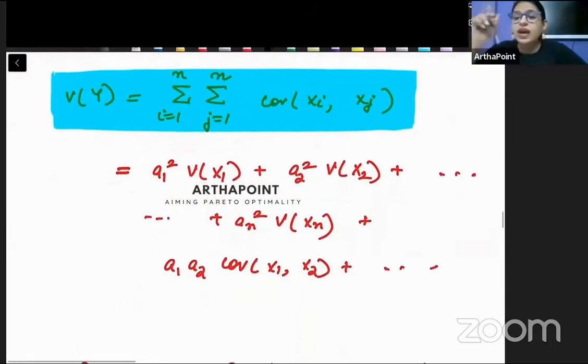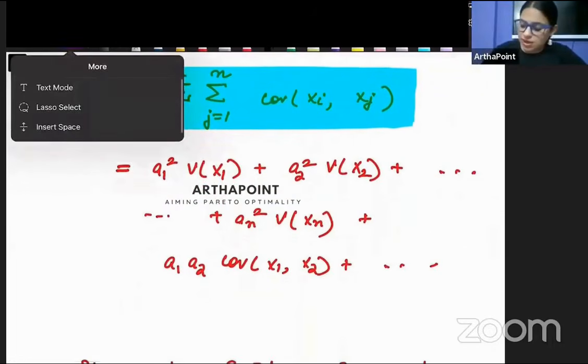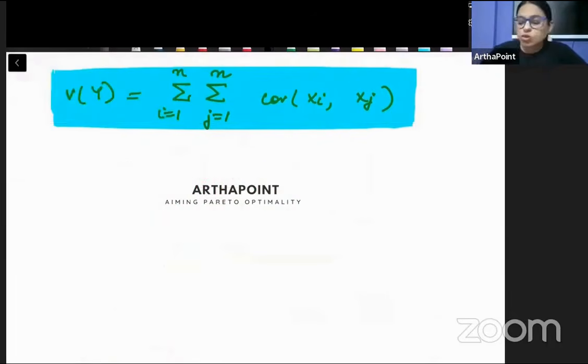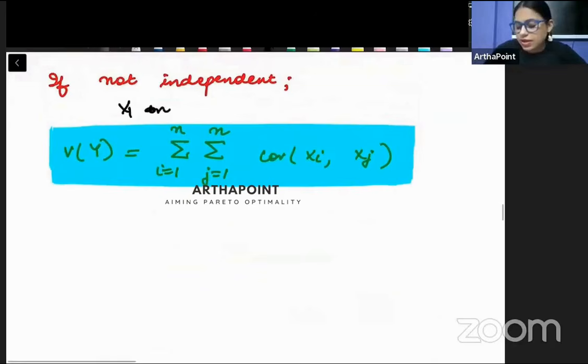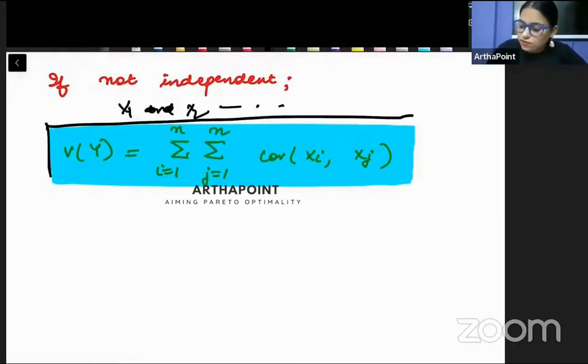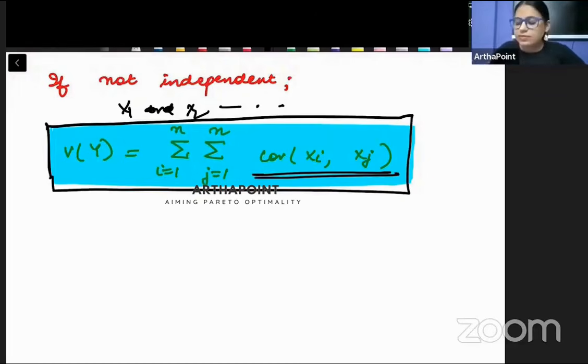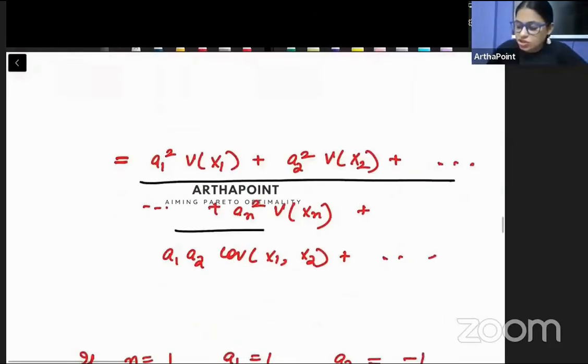Okay beta, if they are not independent of each other, now let's look carefully here. Let me create some space here. So suppose x1 and x2 are not independent of each other. In this case the variance of y will be this. Right beta? Now look carefully, I will start putting values. One thing I have missed from here: this will be ai aj. I have written this because I am assuming ai and aj to be 1. Otherwise, there will be ais and ajs also.